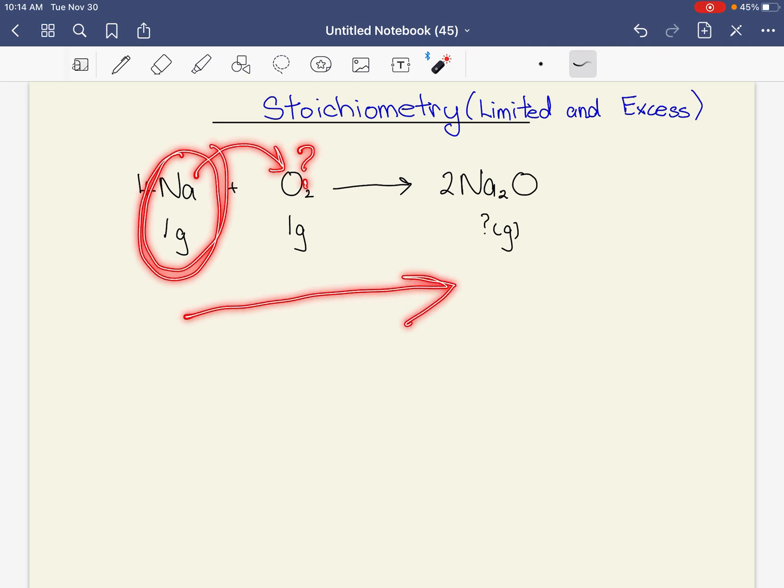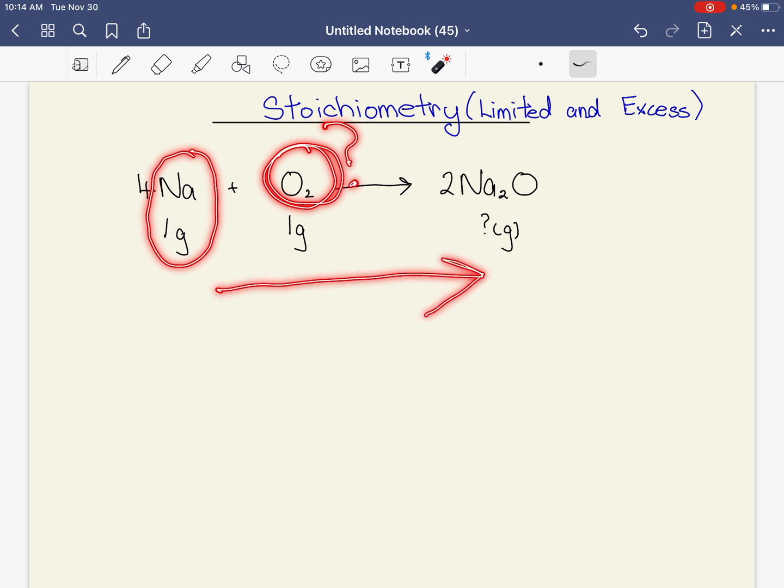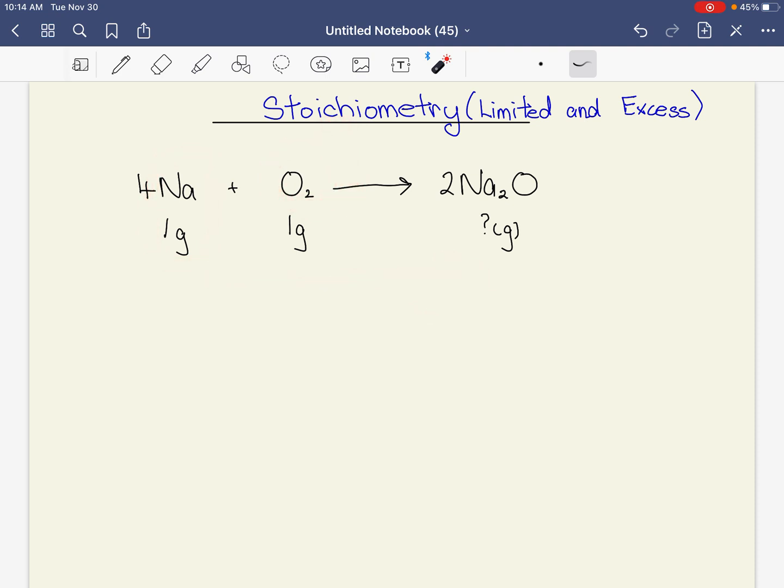Let me say that again. If I have 1 gram of sodium, how much oxygen do I need at least for my reaction to go to completion? And I'm going to compare that number to this. So let's do that. I want to know how much oxygen is required if I were to react all 1 gram of sodium. So 1 gram of sodium